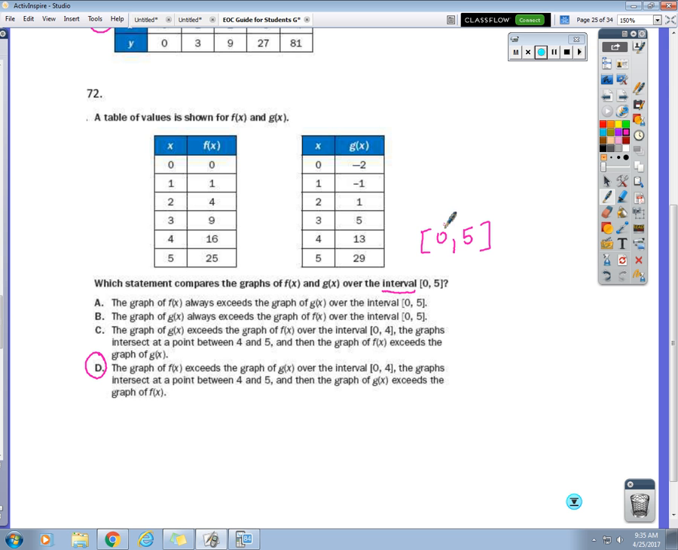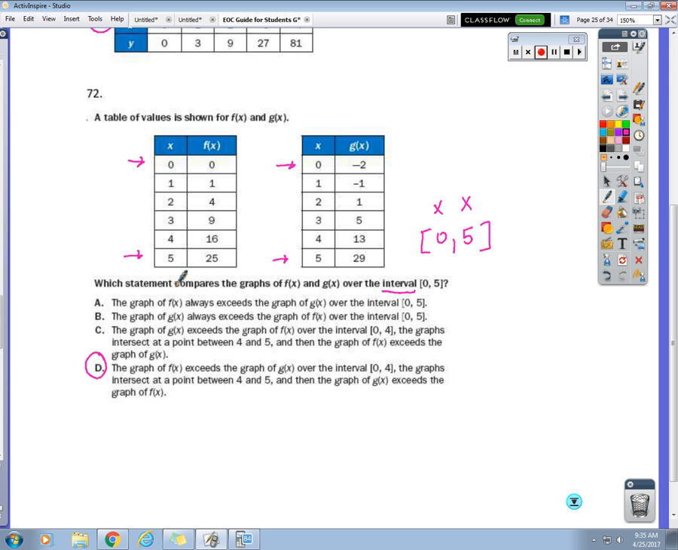That's not an x comma y. It's an interval, which is an x comma x. So they want to know what goes on from the x value of 0, which would be right here in this table and right here in this table, and then the x value of 5, which would be those points. Well, in the f of x, it starts out 0, 0, and then it goes to 5, 25. G of x, it starts out 0, negative 2, so smaller, but then it goes from 5 up to 29,